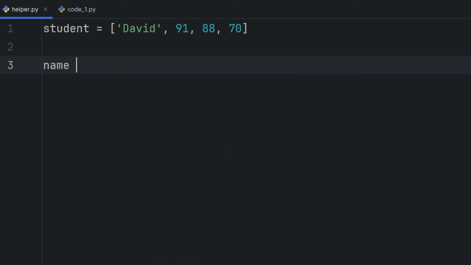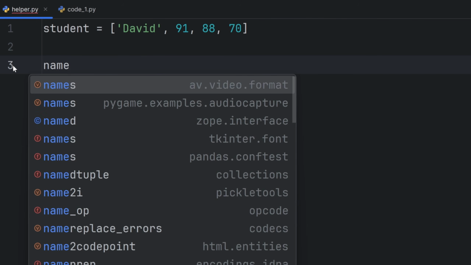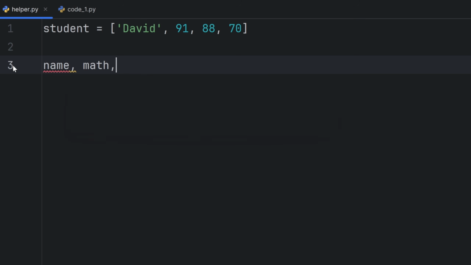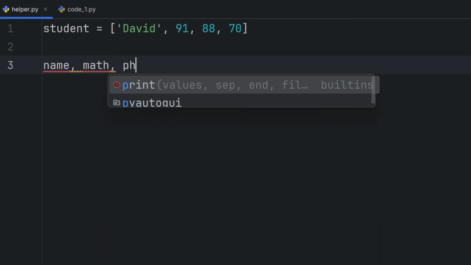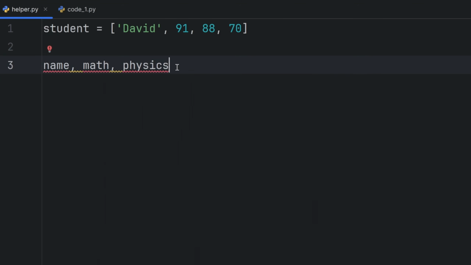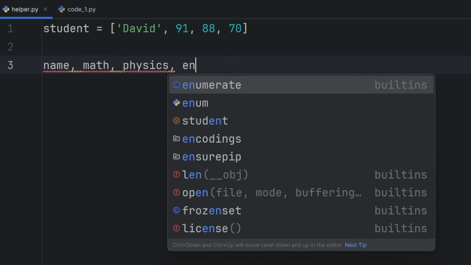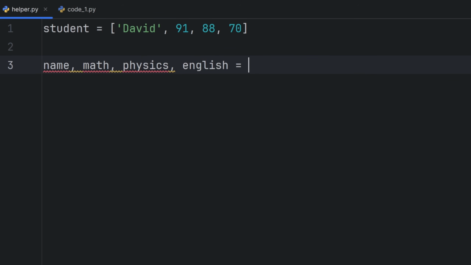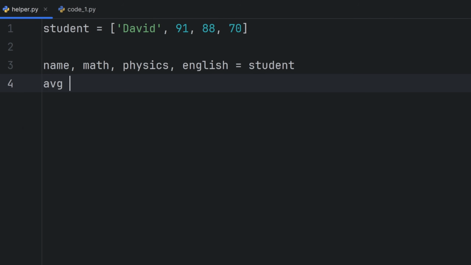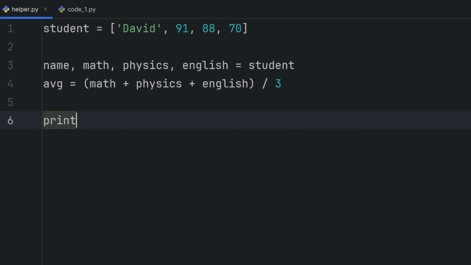So I want to get the name, student, and let's unpack this. I want to get the name, the math, also maybe this score can be physics, and the last score may be English. And I write here student. And I want to get the average score, which will be math plus physics plus English divided by 3. And now I can print